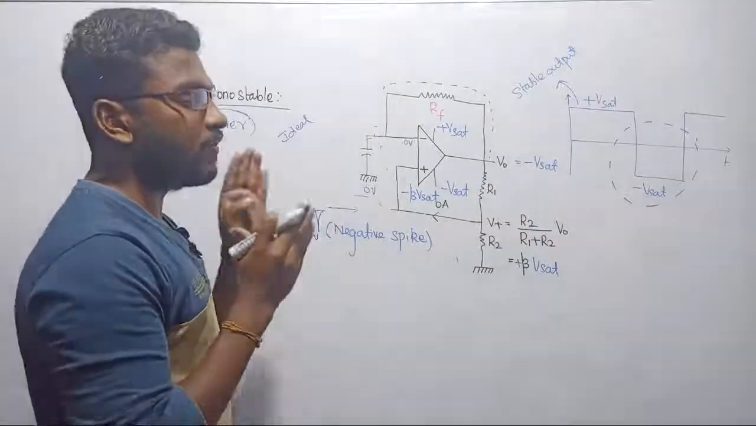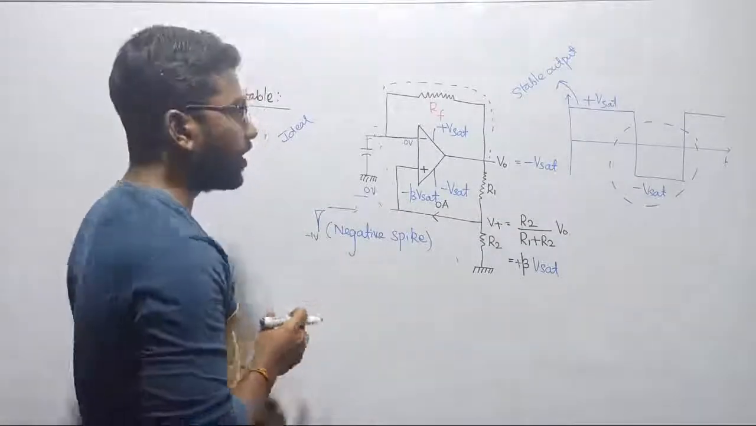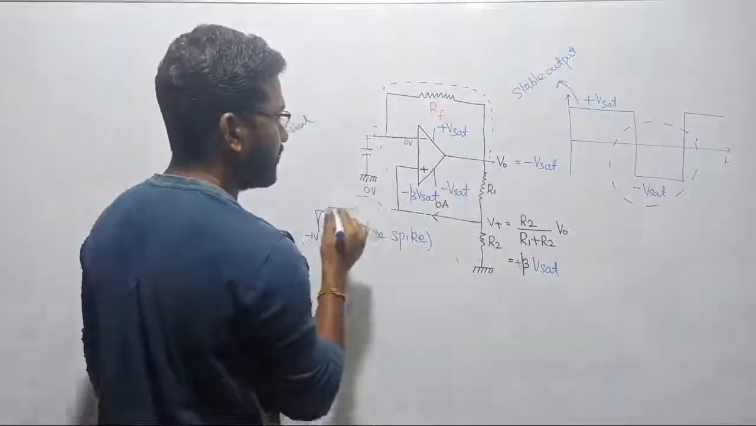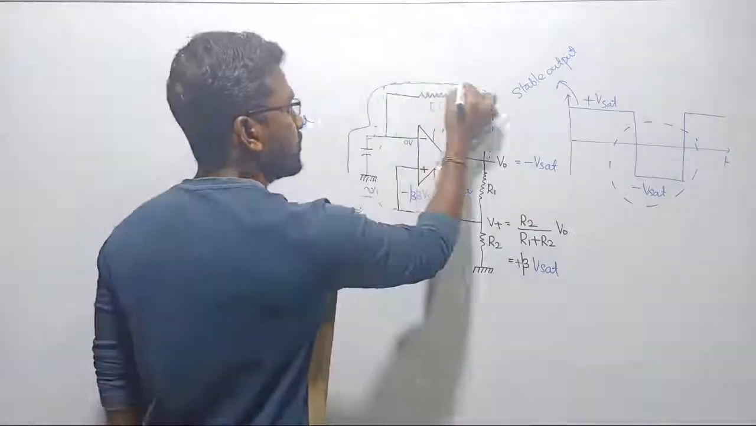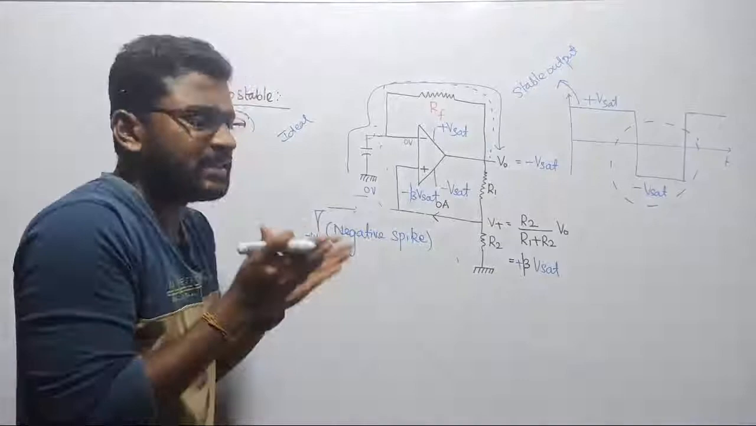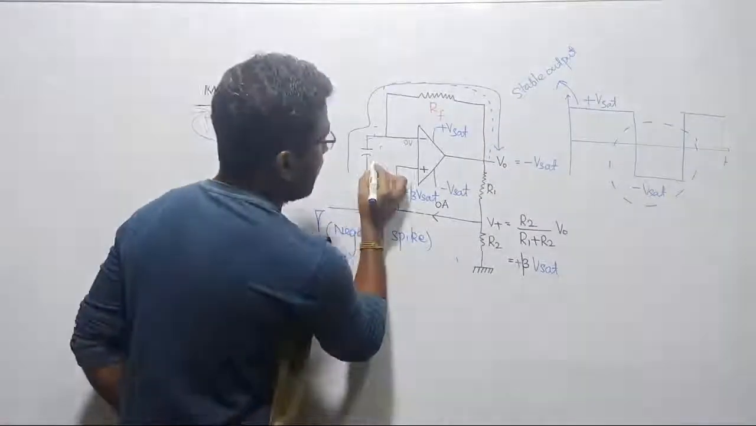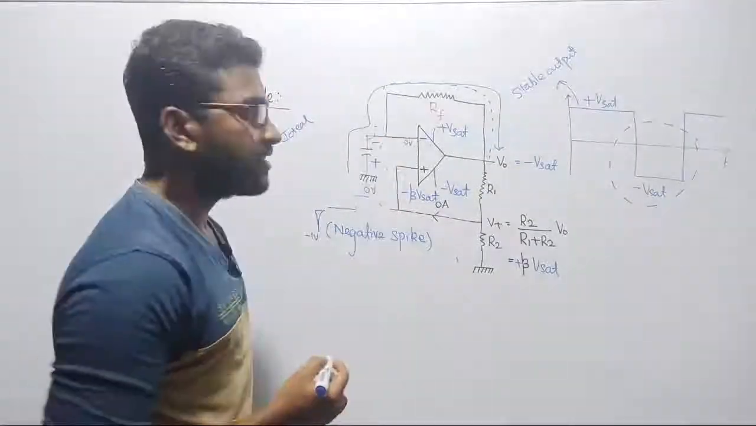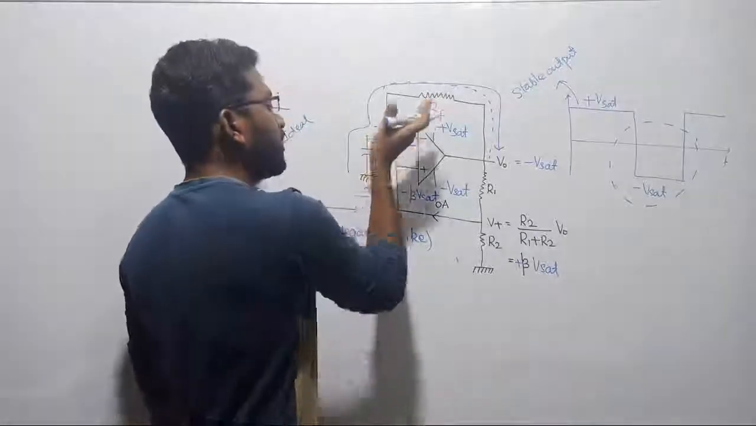Current will always flow from higher potential point to lower potential point. Since 0 is greater than minus Vsat, current will flow like this. This is the direction of your current. Your capacitor is a passive element, sir. For a passive element, current enters at the plus terminal and leaves at the minus terminal, such that the capacitor keeps on charging up to